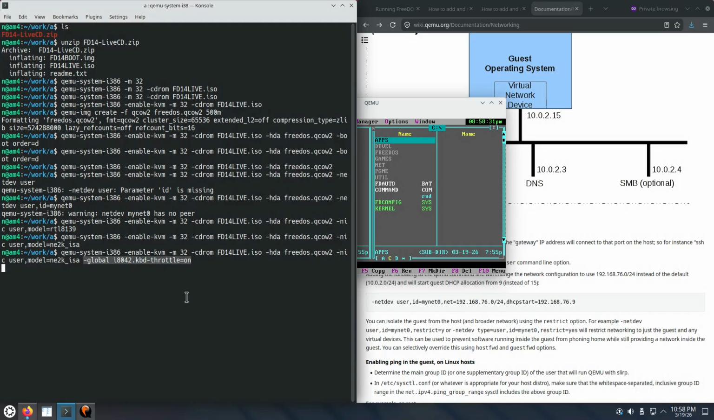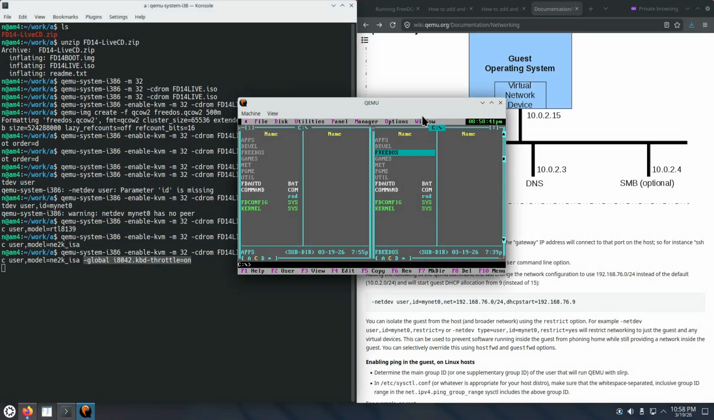and says that a possible solution is what I have added at the end of the command line. So this incantation: -global i8042.kbd-throttle=on. And let's see how it works. So DOS Navigator works correctly, which means that I can actually start applications in here, such as the web browsers,